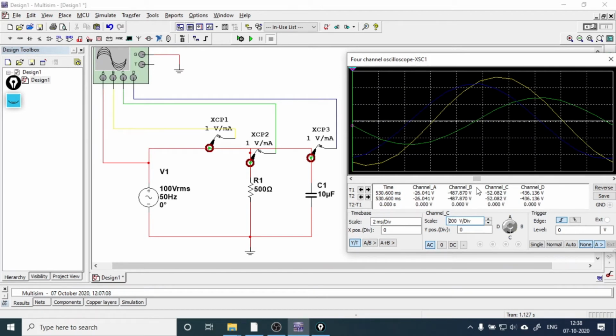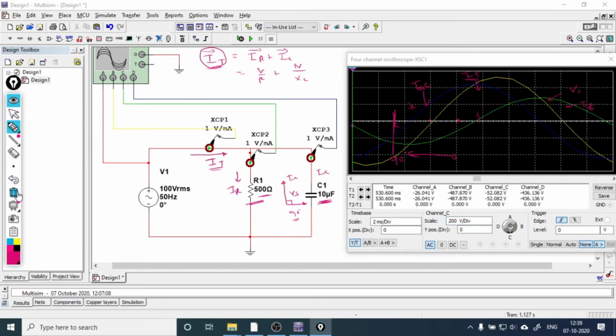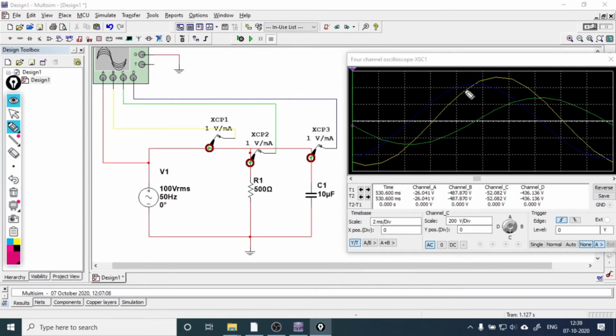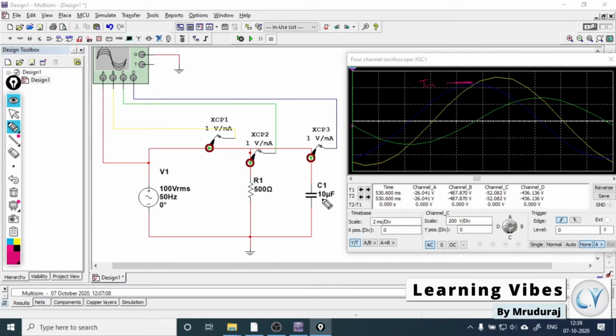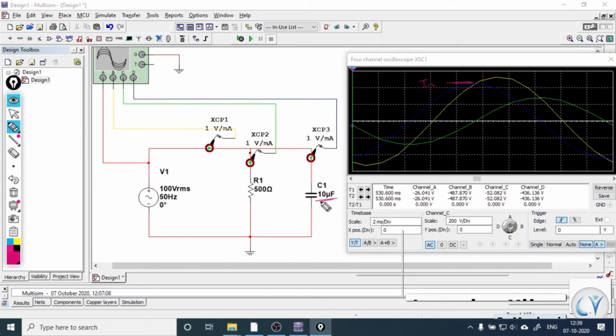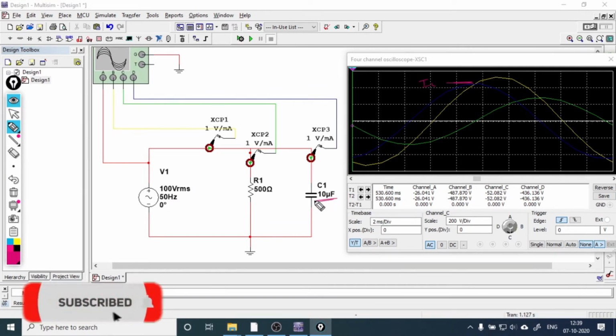See what happens. Just delete this. What happens that the peak magnitude of IC current changes. So by changing from 5 microfarad to 10 microfarad, we have increased the capacitance, and once we have increased the capacitance, the capacity of that capacitor to draw current has increased, and because of that IC current will increase. So we can observe from here that IC current has increased from its previous value. So there is increment in IC current.